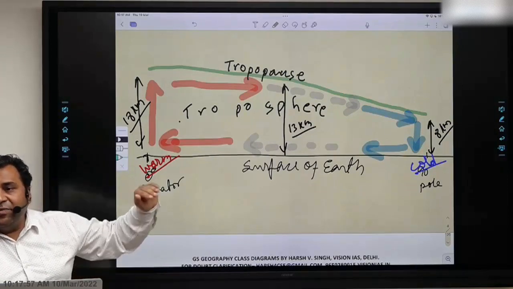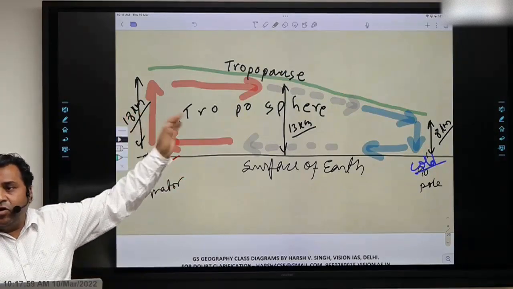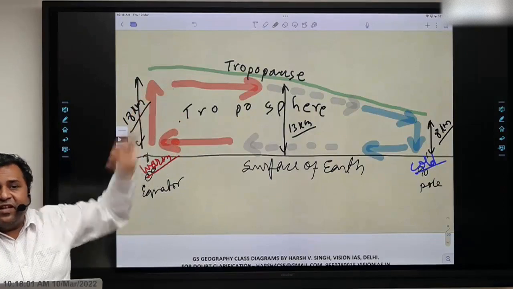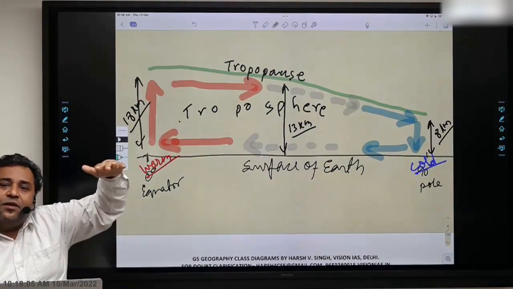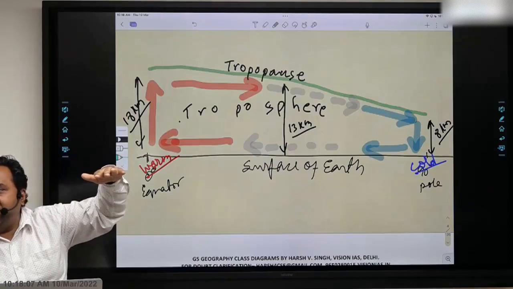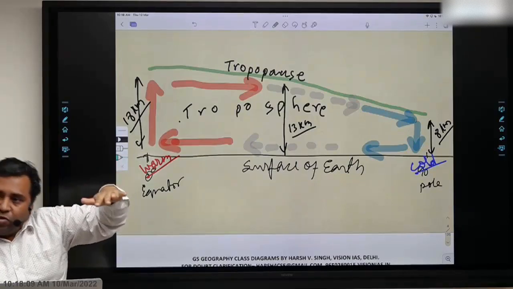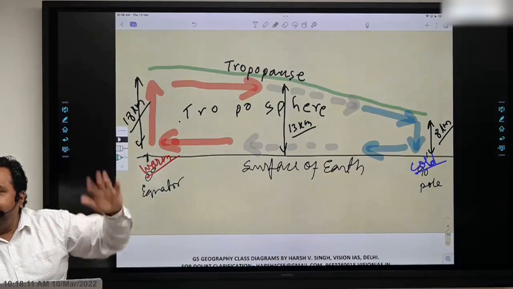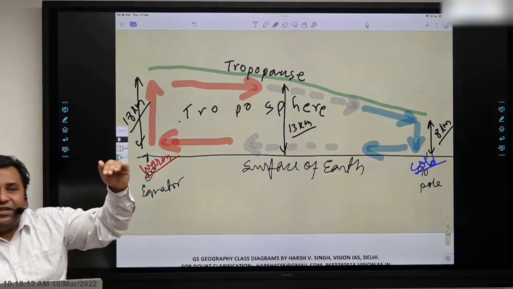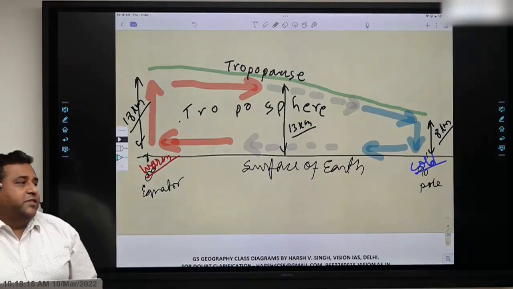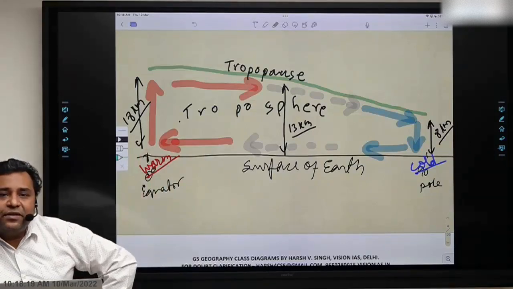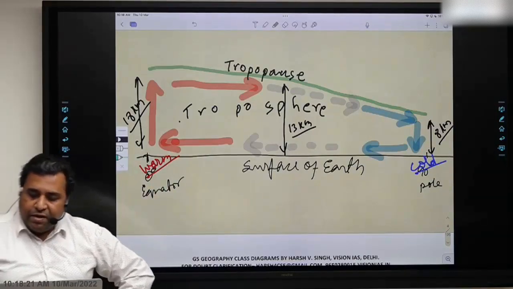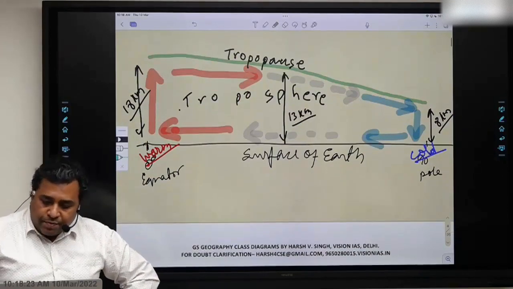And what is the limit of troposphere? Tropopause, which means above this will there be mixing? Why? Mechanically, that's the limit up to which the air rises or sinks from. Tropopause is that region. The region up to which the air will rise or the region from which the air will sink and mix. That's it. So this region is called tropopause. Is that okay? Is it clear? Okay. Yes, tell me.